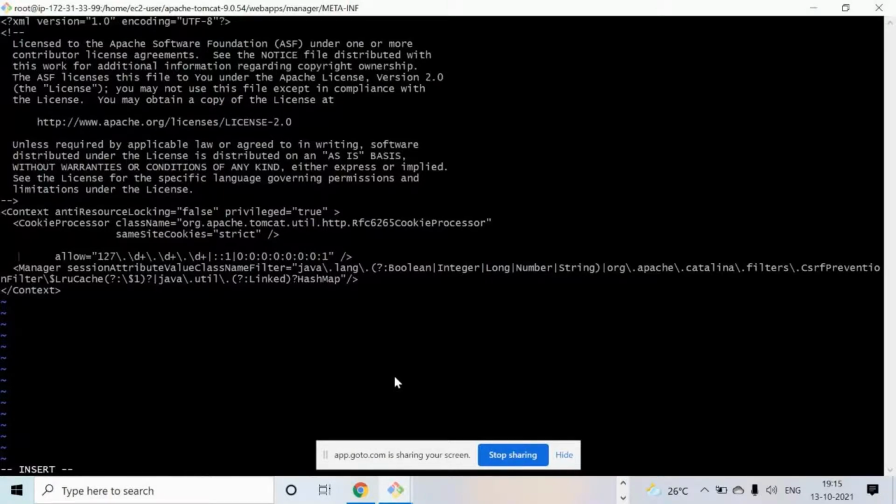You need to do this very carefully. Why? Because if any space or any letter is mismatched, or you make any mistakes, then it will not allow.